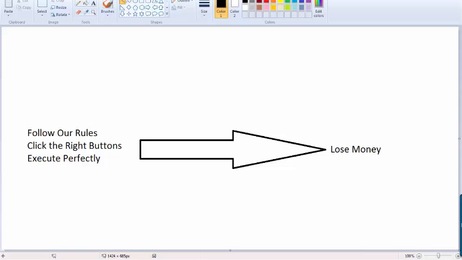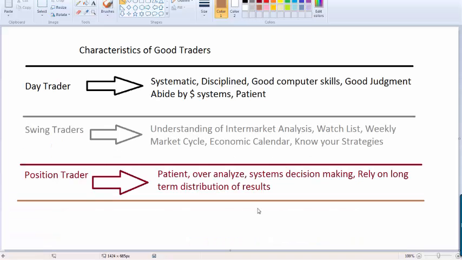The question is, how long are you willing to do that and still stick to your trading guns, still stick to your investing strategy, still stick to the same rules? Well, position traders tend to be the kind of trader that has done enough testing, or they have enough experience, or they have enough patience to still confidently pull the trigger when their trade happens. New traders have a hard time with position trading, okay?